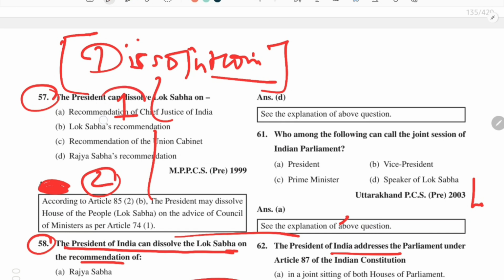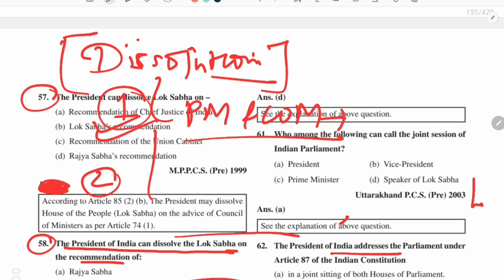It is only the prime minister and his COM who advises the president to dissolve the Lok Sabha, because in the first situation, as I told you, in the normal dissolution, the incumbent PM and his COM advises the president when their tenure is up to dissolve the Lok Sabha. And in the second situation, I told you that when there is a situation of hung parliament,